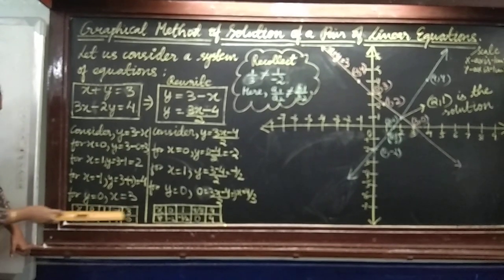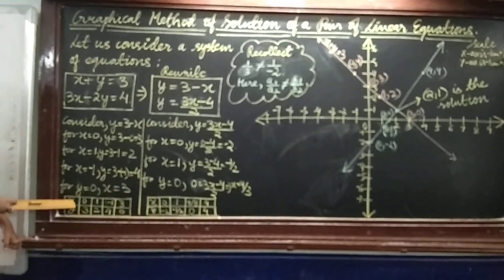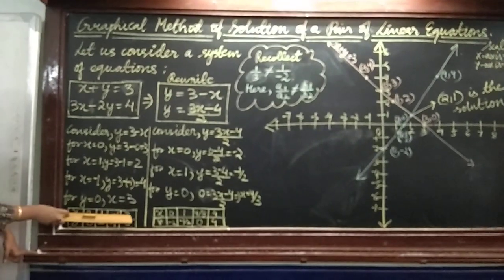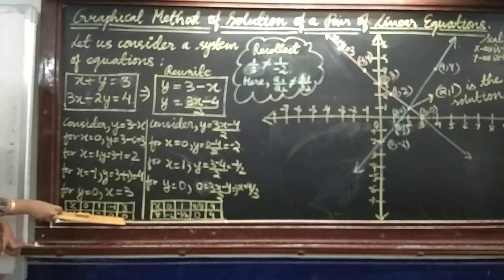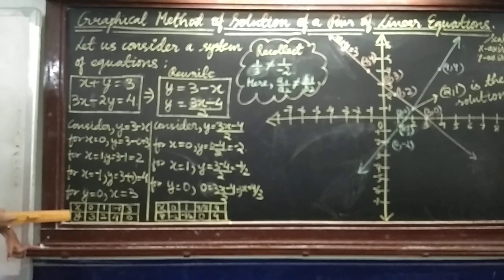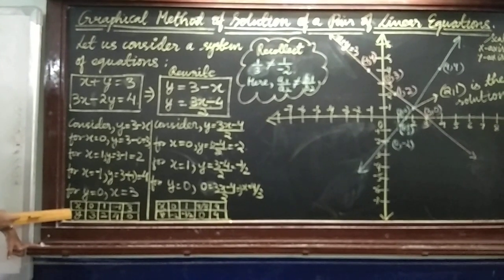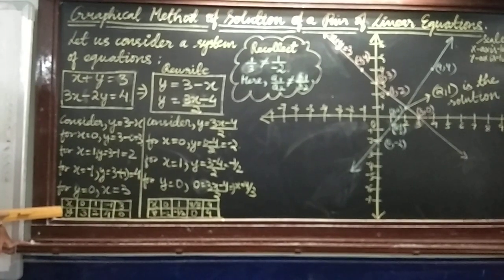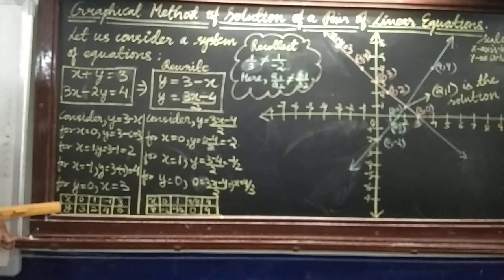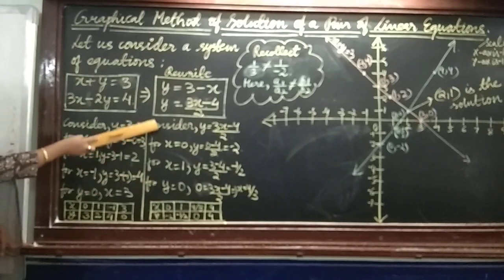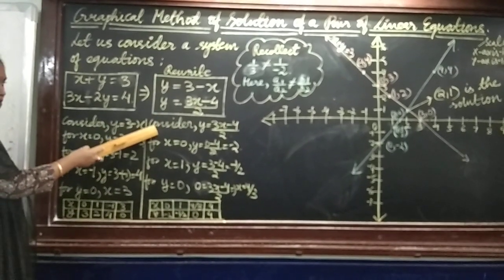So I can tabulate my data like this. For any value of x which I have substituted, I got a value of y. This is one of the most convenient ways of representing. We do not go wrong whenever we express the data in such a tabulated form, right? Now we go to the next equation. We also finish the calculation part of the same.